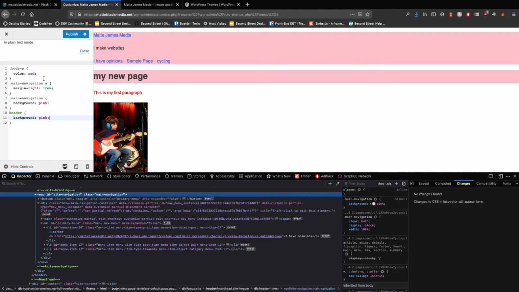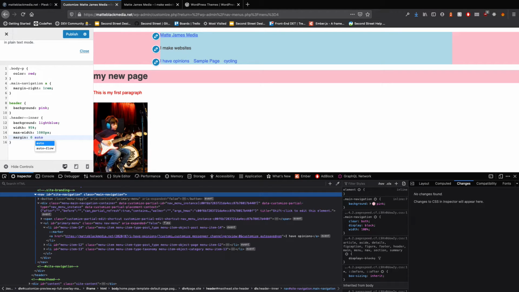Okay. I'm going to take that off the main navigation because it's kind of covered by the header, and then I'm going to give that class of header dash dash inner its own background of whatever, light blue, and then I'm going to restrict the width of it. So I'm going to say width 95%, max width 1080 pixels, margin 0 auto. So now I have an inner container that is flexible, that is contained within a full width header,